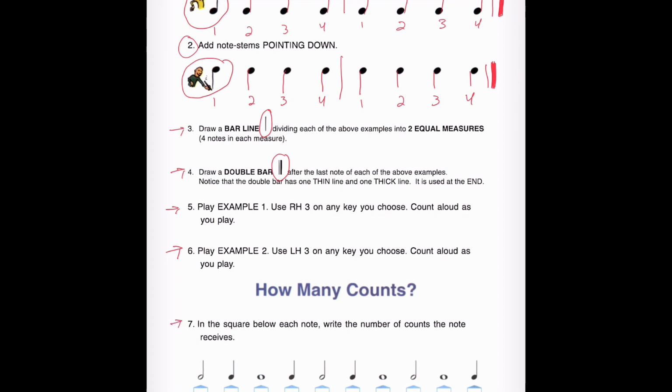This one says how many counts. It says in the squares below each note, put in the amount of counts each note receives. I probably didn't read that exactly. There's something blocking my way from reading it. But I like to start with one type of note and then just keep going on. A whole note's a great one to start with because it gets all the counts. But you can also start with quarter note,